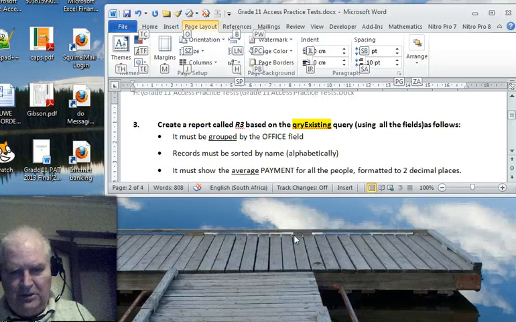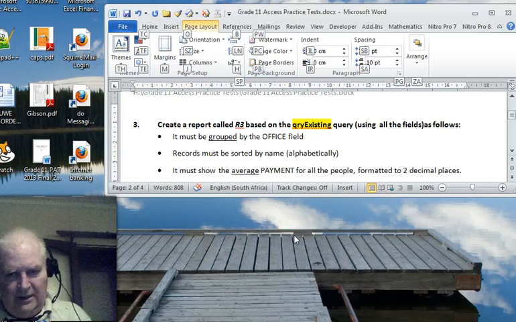Right, we're into reports in question 3 where they want us to create a report, and it's going to be called R3 and it's going to be based on the existing query. Okay, that's an interesting concept because just remember in reports you can't select records within the report. So if you want to have a report on just the females or in grade 8 you need to create